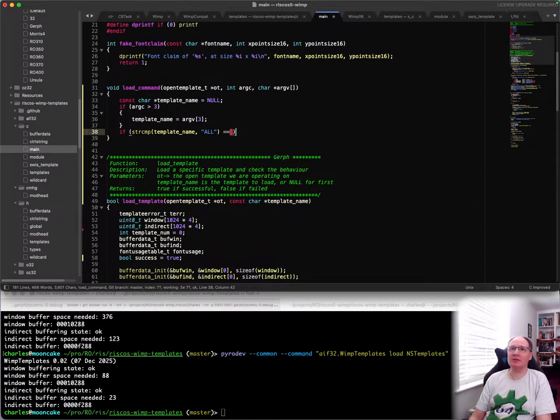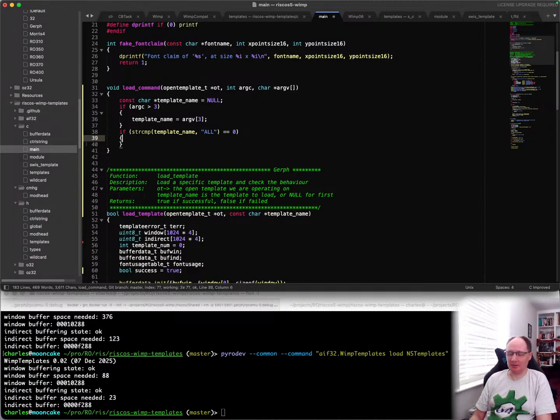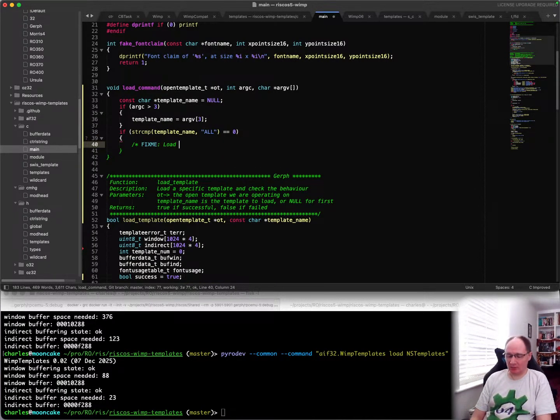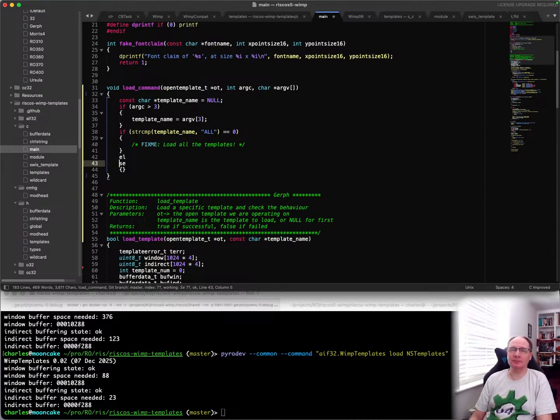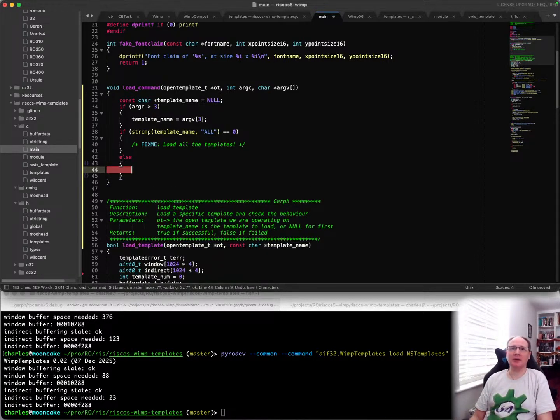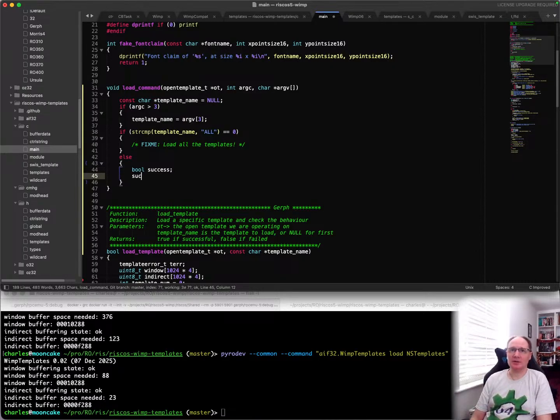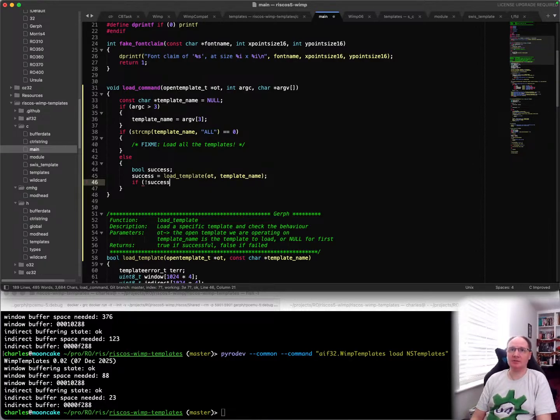all 0, load all the templates. Didn't mean that. Otherwise, just do one. Ooh, that was a bit weird. Otherwise, all success equals success there. Success equals load template. Keep doing that. OT, template name. If success